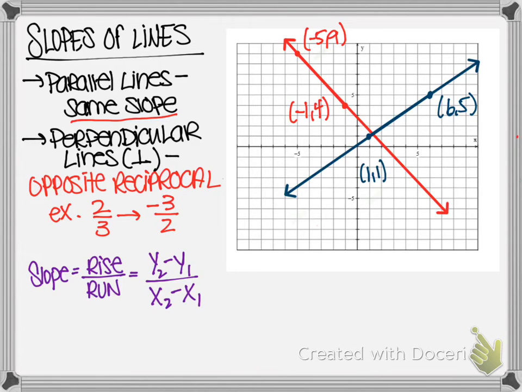So this first red line, I'm just going to count to find our slope. So we're going to go over 1, 2, 3, 4, and then down 1, 2, 3, 4, 5. So down 5 is that negative. So rise over run, the change in the y, so this -5 needs to be in my numerator. So for the red line, let me use a red pen. Our slope is going to be -5 over 4, right? Change in y's was -5. Change in x's is the 4. Okay, for that blue line, I will find our slope